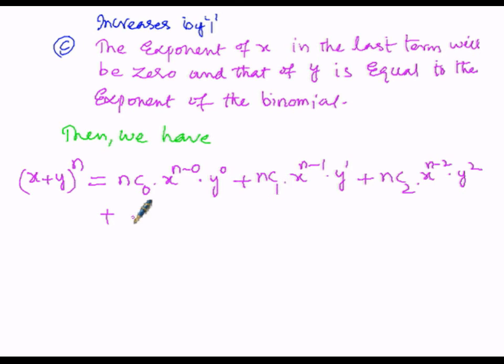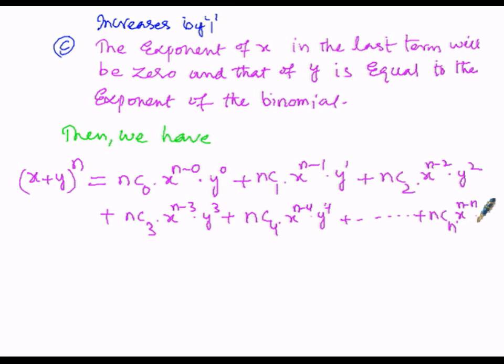Then the fourth term will be nC3 into x to the power of n minus 3 into y to the power of 3, plus the fifth term will be nC4 into x to the power of n minus 4 into y to the power of 4, because the first term is nC0, therefore the fifth term is nC4 into x to the power of n minus 4 y to the power of 4, plus similarly and so on. Then the last term will be nCn into x to the power of n minus n into y to the power of n. This is the expansion of the binomial, hence it is called the binomial theorem,